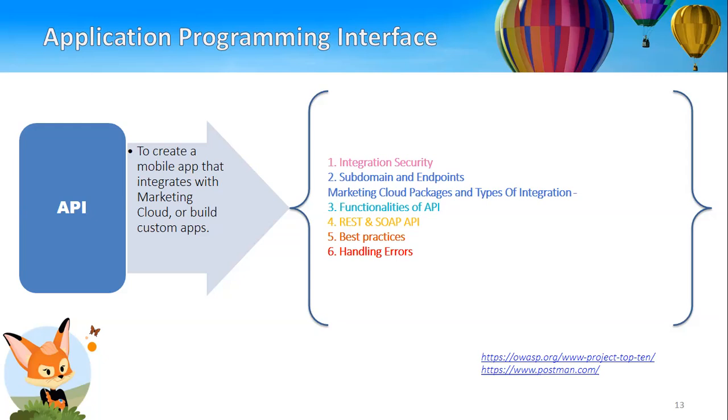Say the secret keys you have for your Marketing Cloud account, only those you need to replace. And if you're importing some contacts via API, then you need to give those customer details. Only those things you need to remove and adjust. The payload will already be available. As soon as you click on any of the endpoints in the collection, it would automatically generate the code or the payload needed for that particular endpoint. And you can just replace that content with your own content and then run that code.